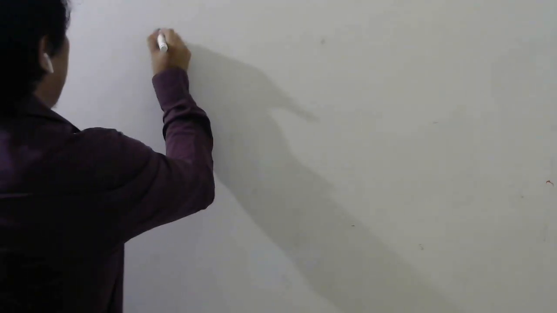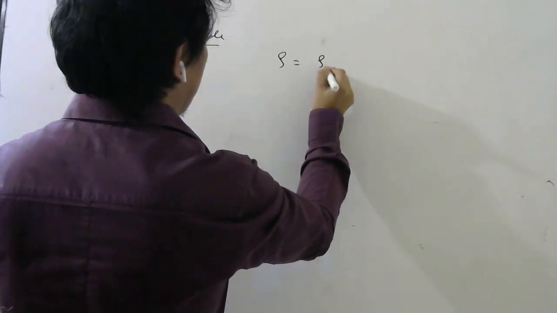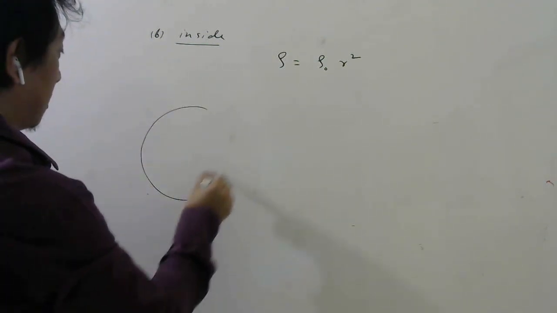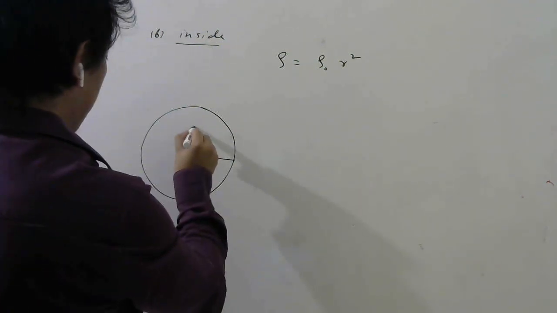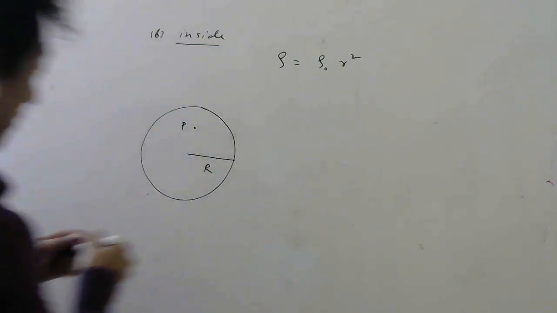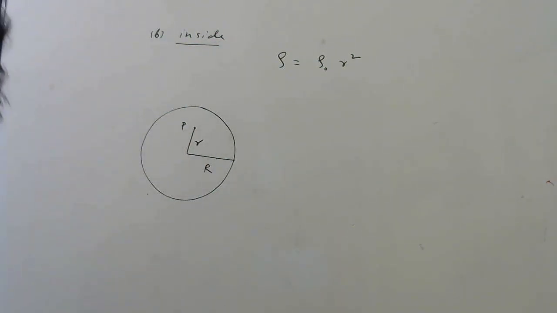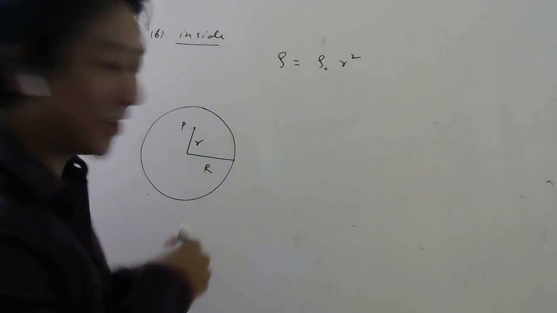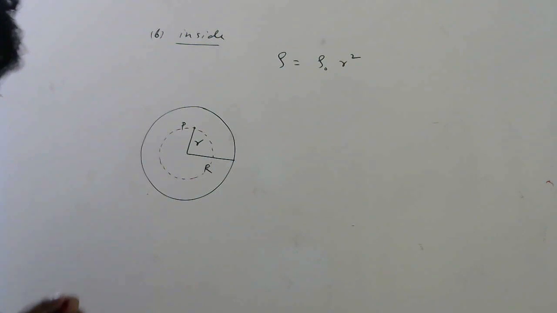So look very carefully. Part B is for the same question, we want to do inside. What is the density as a function? Rho naught r square. Okay. So this is my charged sphere. Radius is capital R. I want the field at a point P which is inside, at a distance, let us say, small r. Then, if you remember the steps which I told you in the previous video, you have to first construct a Gaussian surface. Right? So this is my Gaussian surface.